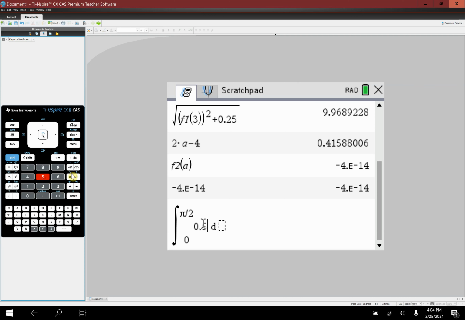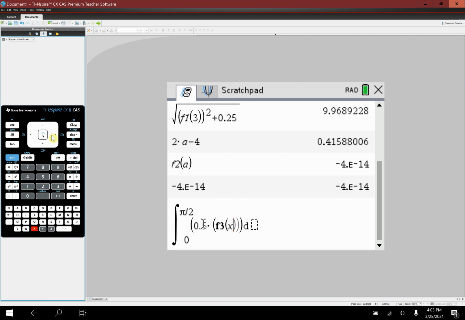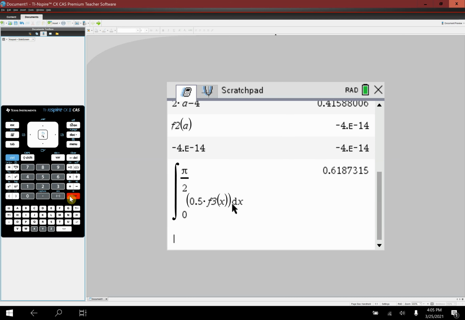Of 1/2 times, and then my function I said was in f3 of, and notice I'm using of x here. You can use theta. It just takes longer to get to theta right down there again. So I'm just doing f3 of x. It doesn't matter what variable, x, theta, q, pick your favorite, as long as they match here and here. And we find our answer of